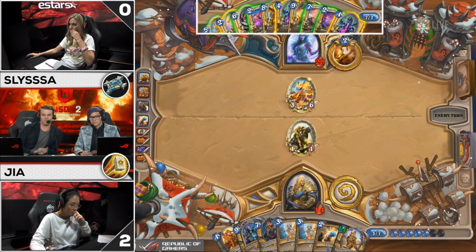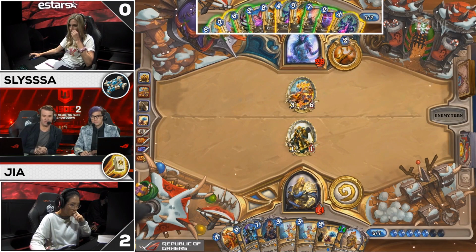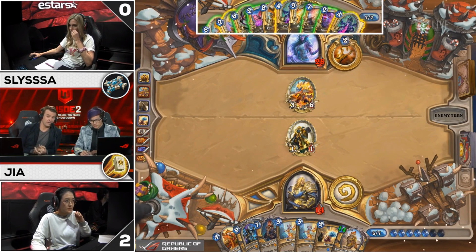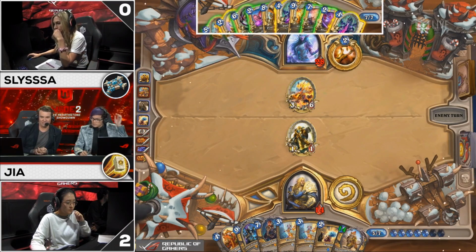So I feel like you want to do as much as you can to narrow that window, but Gia just goes ahead and hero powers. She recognizes there's no way I die here. And Slysssa is going to be able to